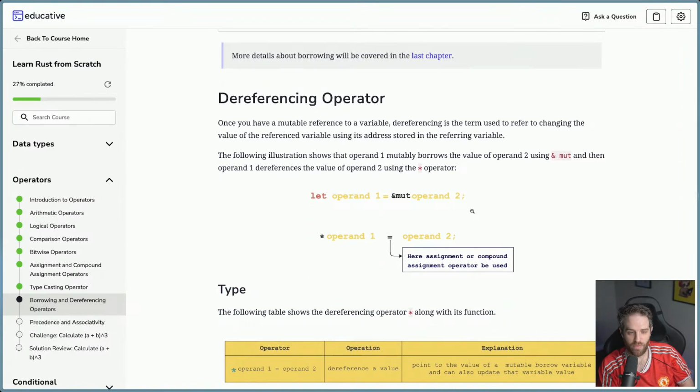Once you have immutable references to a variable, dereferencing is a term... Okay, my computer just shut down. Oh, it's back. Okay, don't do that. Not quite sure why it did that. It should just be awake. I'm streaming. Don't go asleep. Anyway,